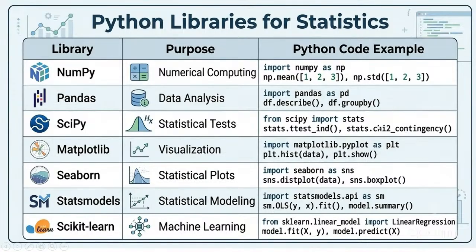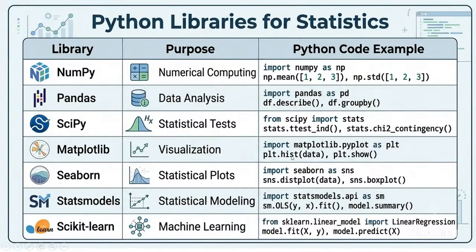stats.chi2_contingency. This function is used to perform the chi-square test for the data set. And we can also visualize after applying the statistics approach on that data set. We can perform the visualization using the matplotlib library. So visualization can be done with the help of the matplotlib library, which is used to import,